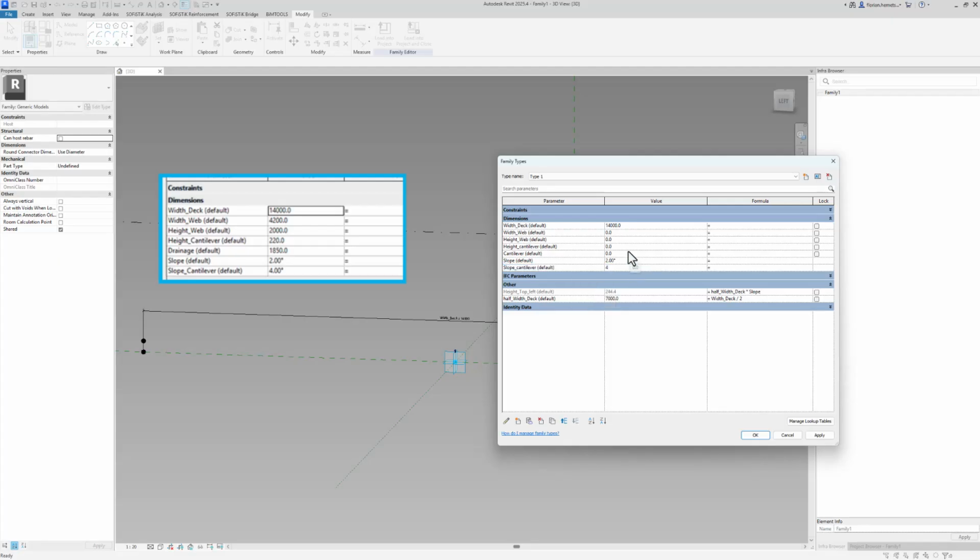I will also assign a couple of values to them. And those will be the input parameters that will be accessible directly in the Sophistic Bridge and Infrastructure modular.